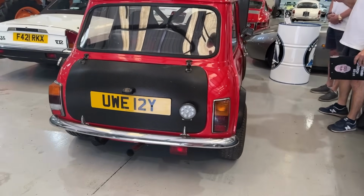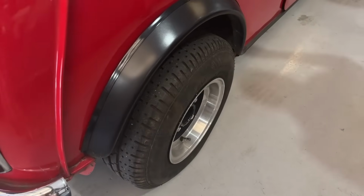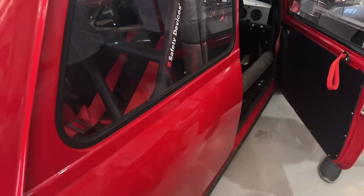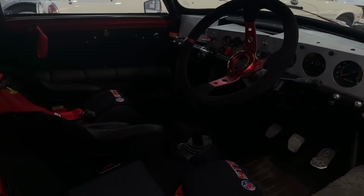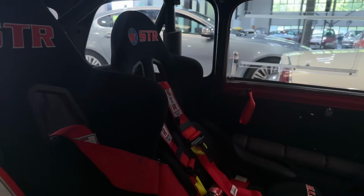The real work has been undertaken both in the engine and on the inside as well. So you've got the bucket seats inside, you've had the rear seats deleted there, you've got these safety devices, roll cage. That's a serious roll cage, that, isn't it? Yeah, the extra instrumentation. Now, I haven't driven this yet, but it should go like...